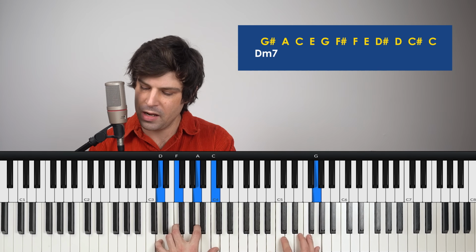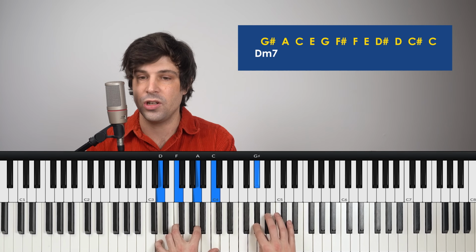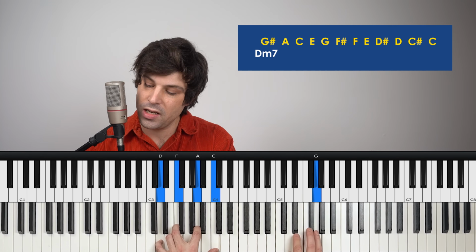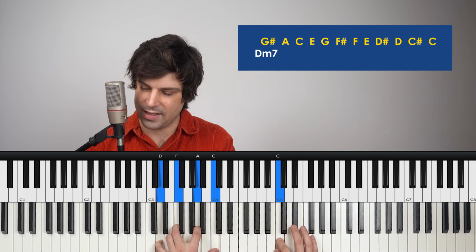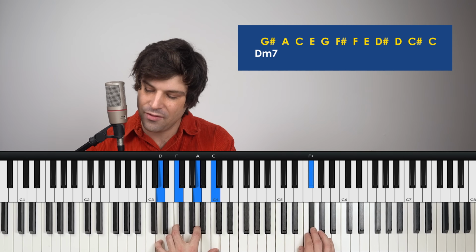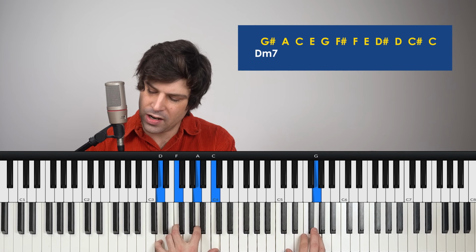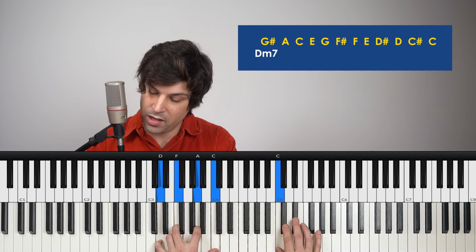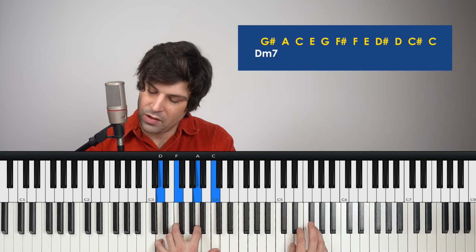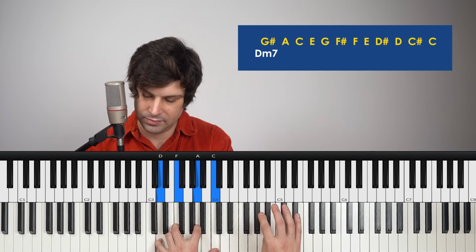And then we're just coming up an A minor 7 chord, skipping all the way up to G. So G sharp, A, C, E, G. And then from there, we're doing a chromatic scale down to C. That means we're hitting every single key on the way there. We're going to end up on our 5th finger on G, and then I like doing 3, 2, 1. And then you can just do 3, 1, 2, 1, 3, 1, 3, 1, like that. Whatever feels best for you. So again, that's